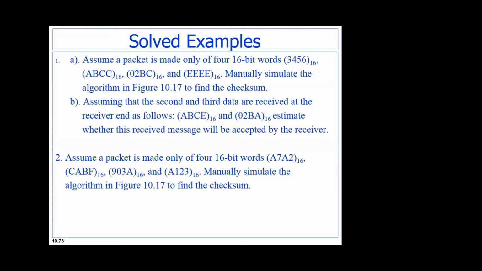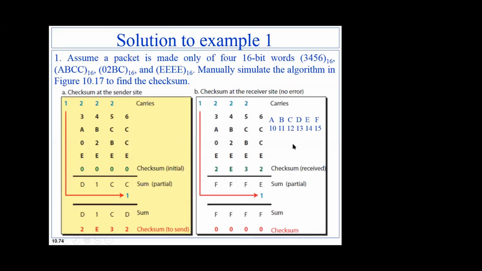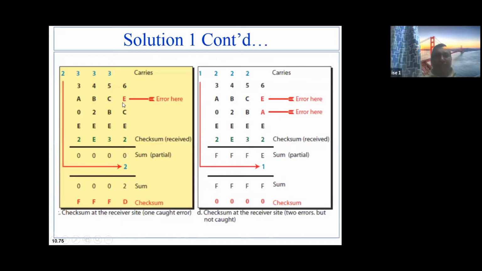Sir, you were talking about the even and odd error. Sir, can you please repeat it again? See here, when there is no error, it is accepted as it is. C and A at the last position, there will be two errors. Now, if a single error is there, assuming that only this got changed, remaining everything remains the same. With this checksum, you will find that you got the idea.